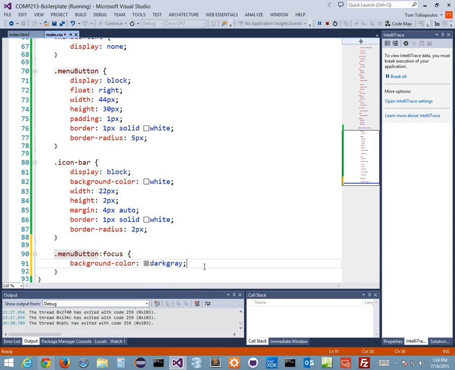If you put dark gray, it'll work. Let's see that. And also what I want to do is, when we not just gain focus but when we're also hovering over it, we want this dark color to come up. So when we hover over or we focus, I want to get this